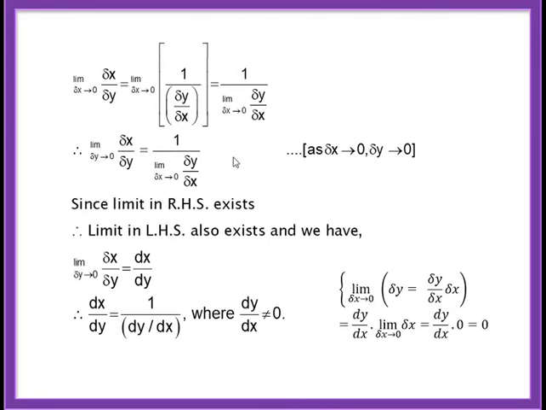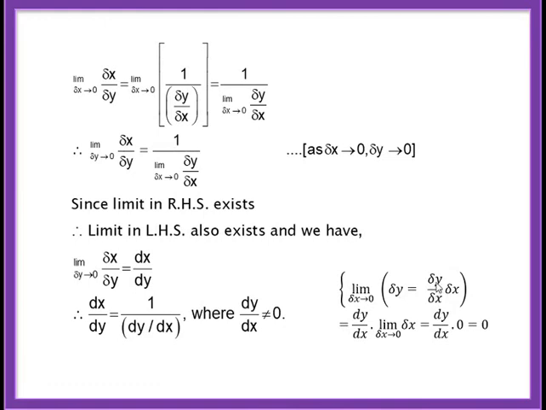I remember one student asked me, how can you say that as delta x tends to 0, delta y will also tend to 0? One logic I already explained. Delta y is the corresponding increment in y. So as delta x tends to 0, delta y also tends to 0. If you want another consideration for this, I'll explain. See, what is the limit of delta y as delta x tends to 0? Can I write delta y as delta y upon delta x into delta x? Yes, I can.